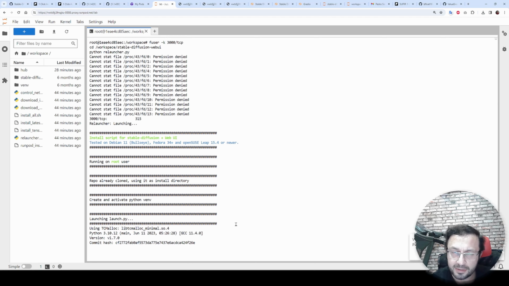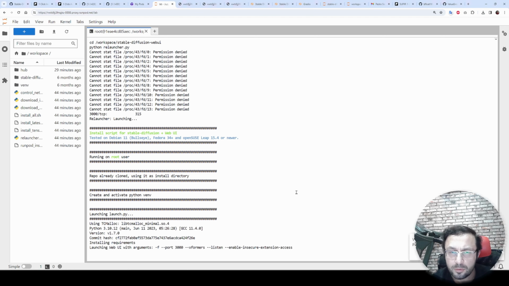The advantage of this technique is that you can see whatever is happening on the terminal. If you depend on the initially started web UI, you can't see anything. So this is a much better way of doing it. By the way, you may have noticed that I have removed the skip install argument from the web UI arguments. This way you can also install other and newer extensions as well. Without removing that skip install argument, you won't be able to. Moreover, enable insecure extension access is added as an argument. So this also allows you to install any extension from the web UI interface itself.